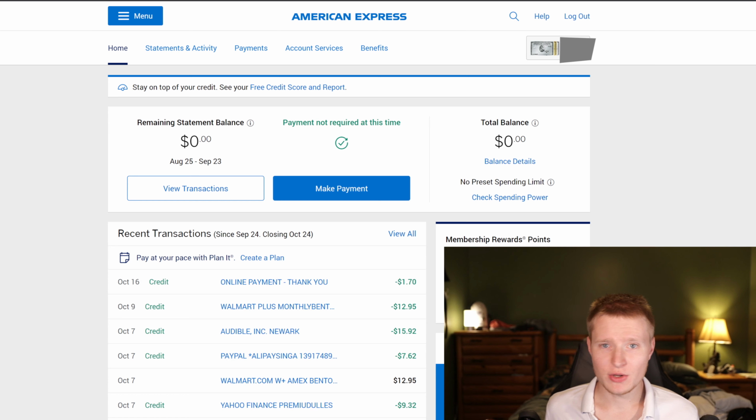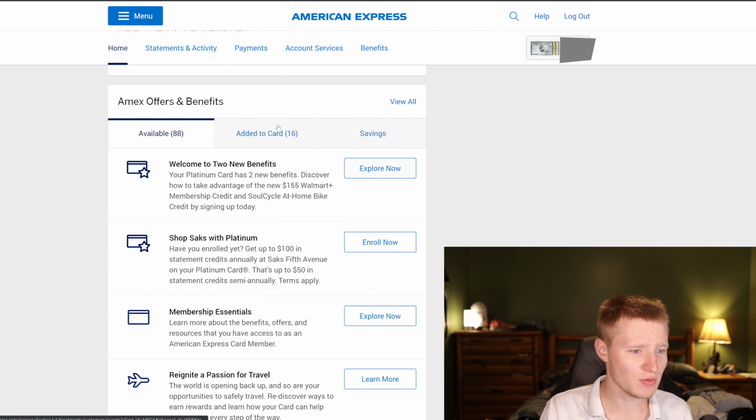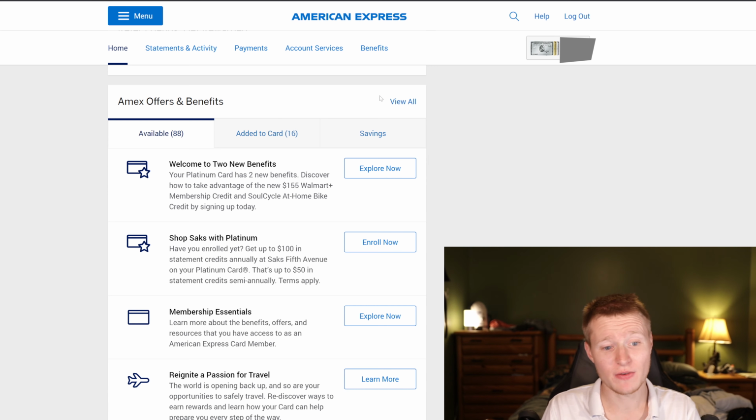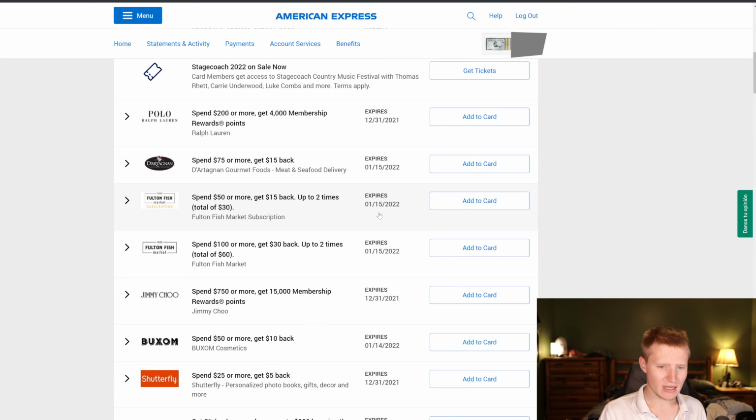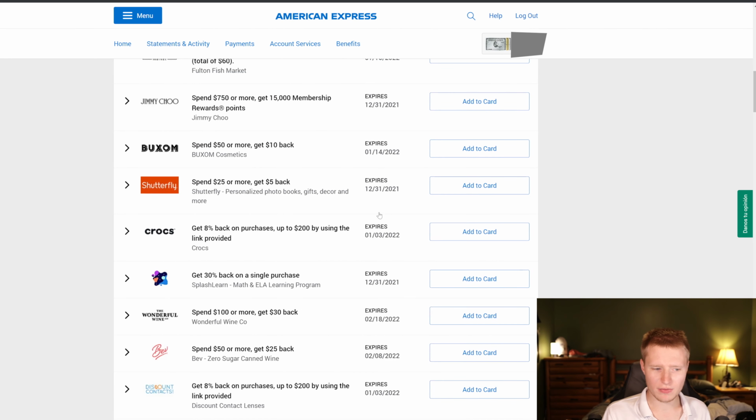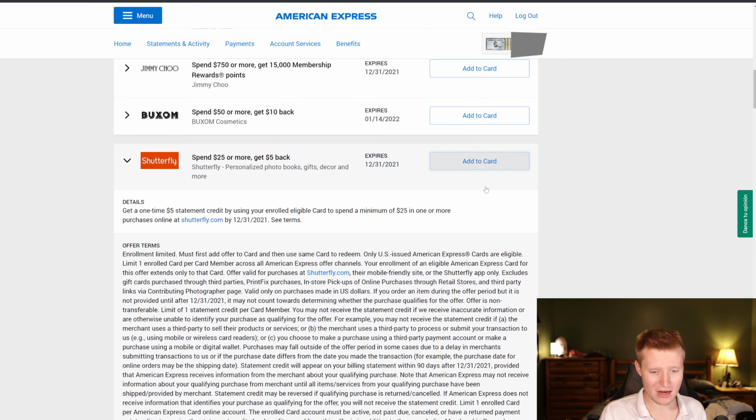So once you have your card selected, you're going to want to scroll down until you see American Express Amex offers and benefits. You can click on the View All button. After the offers have loaded, this will bring you to a screen where you are able to select the different types of offers you're interested in. Here you can see that I'm scrolling through a list of offers that I can choose to add to my card. If there is an offer that I'm interested in, I can just click the Add to Card button,